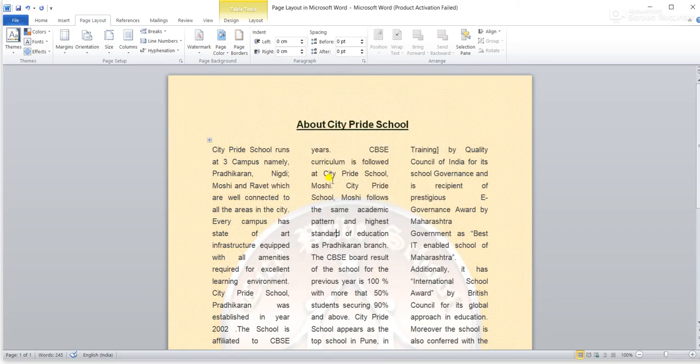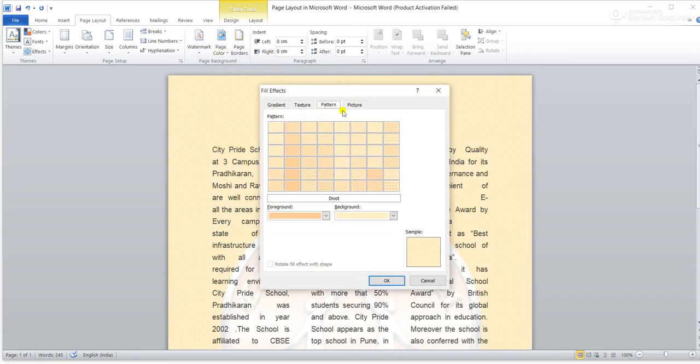You can see the dots pattern is filled, right? I hope you are getting this. So we can fill our page with color patterns also. This is how we can change the page colors: click on page layout, page color, and then fill effects here.